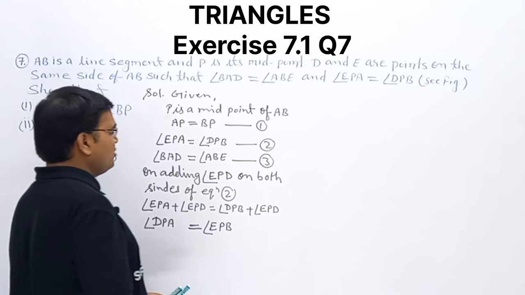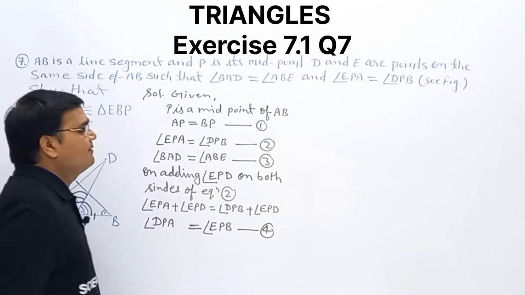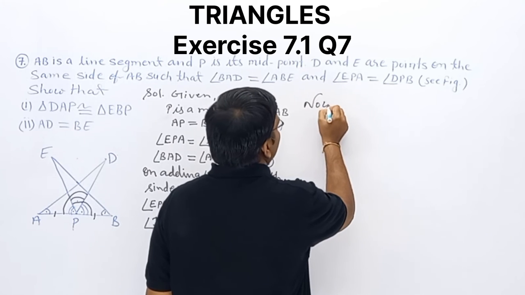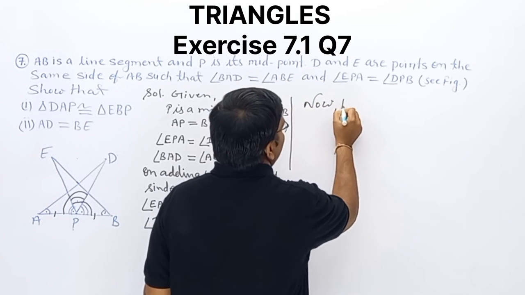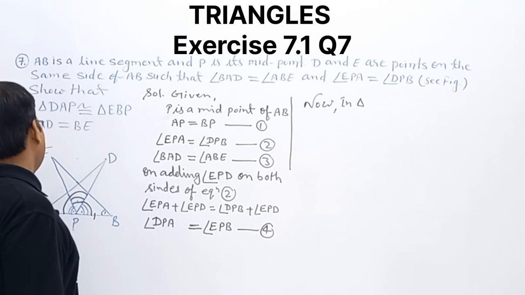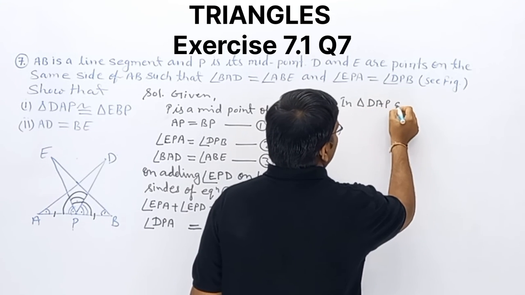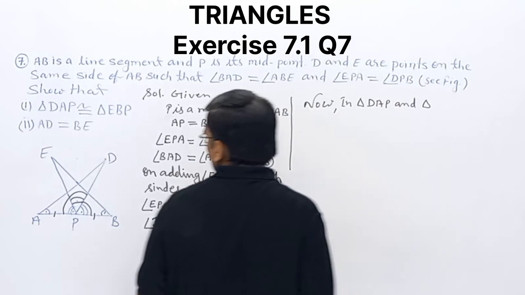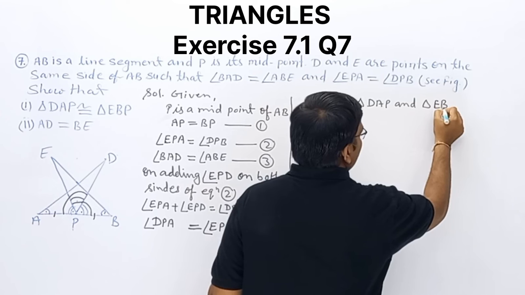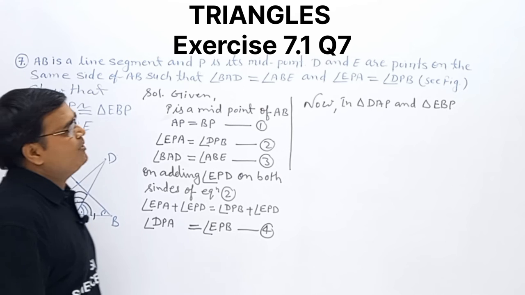I am putting this one as equation number 4. Clear? Now in triangle DAP and triangle EBP, that is, in triangle DAP and in triangle EPB,